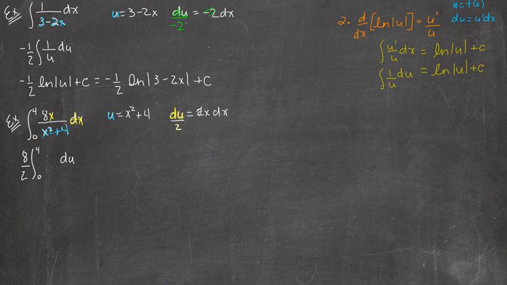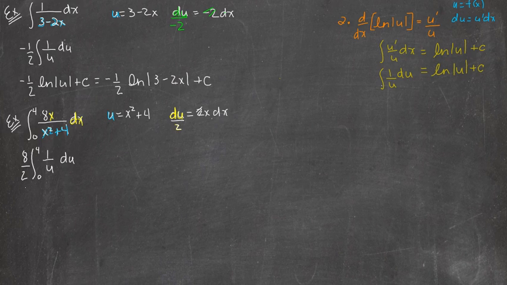And then I'm left with 1 over u. So I was able to rearrange the whole thing, replacing every single thing following the integration symbol with something new using the substitution. Now I can apply my substitution rule for integrating